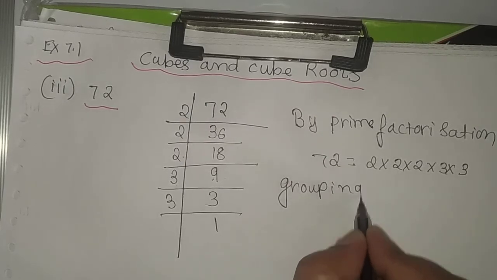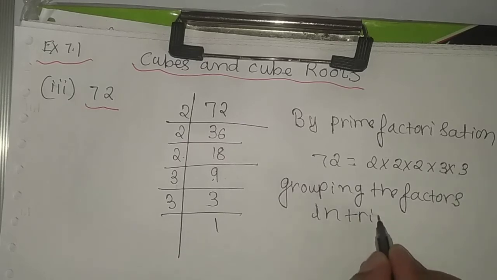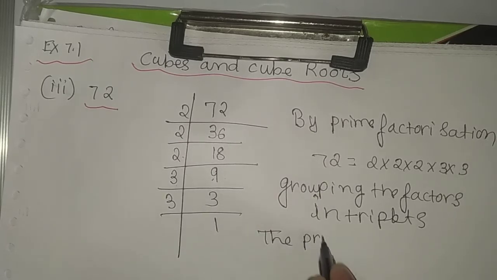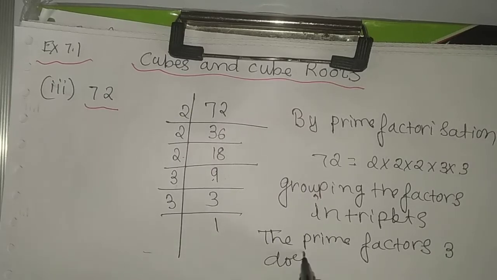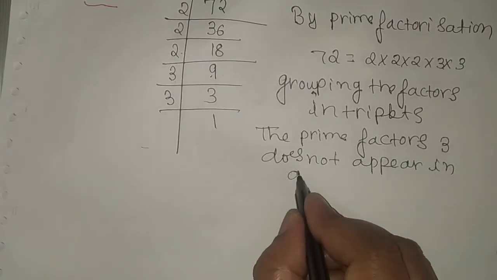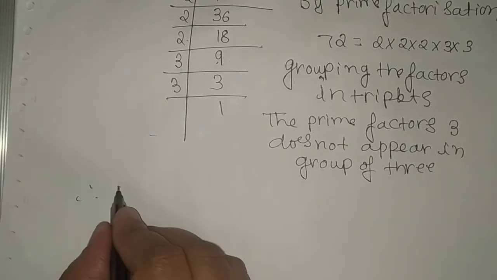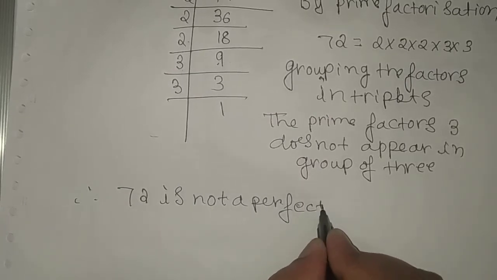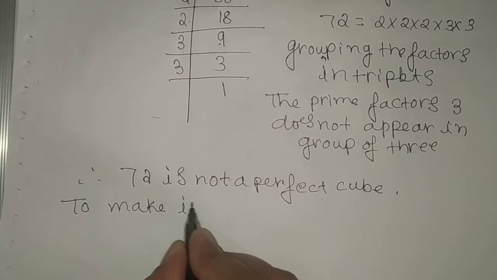Grouping the factors in triplets, the prime factor 3 does not appear in a group of 3, means one 3 is missing from the group of 3. So therefore we can write that 72 is not a perfect cube. So what we have to do, next step, to make it a cube,